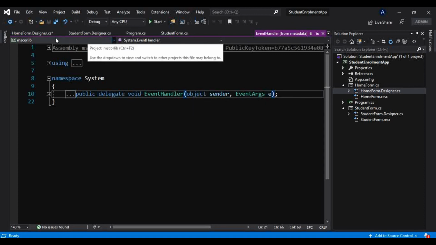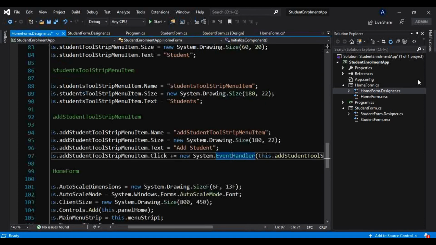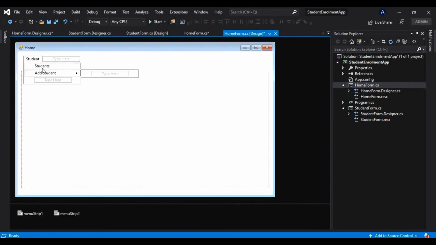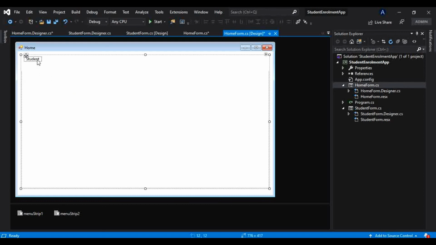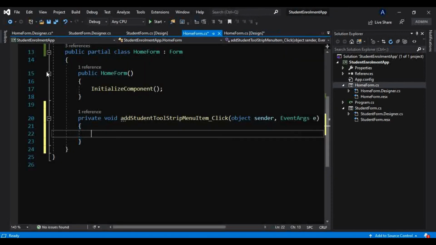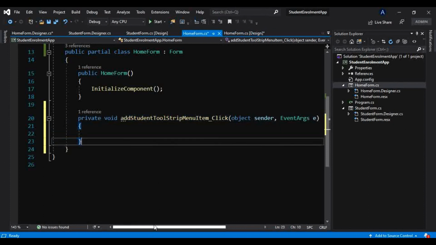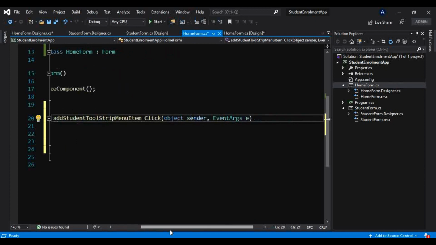And in this home form, where I double clicked on add student before, these events got generated here. The signature of this method is the same as that of the event handler delegate: a void return type and two parameters.